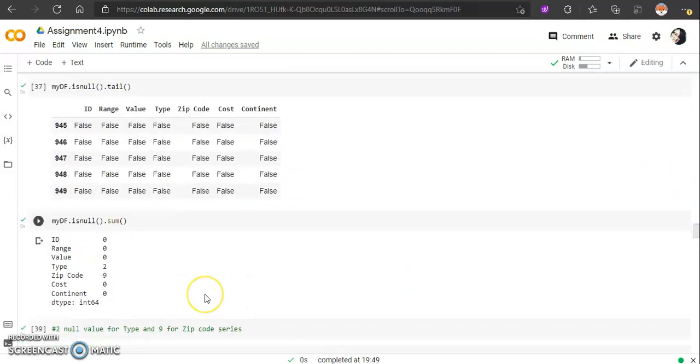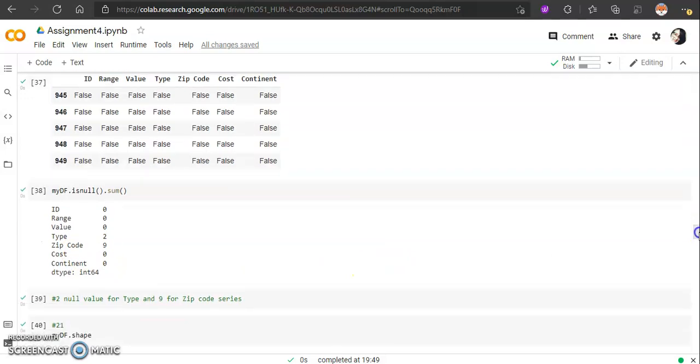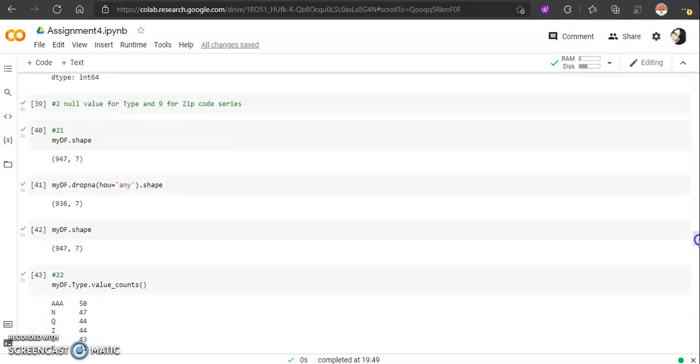For knowing how many missing values we have here for every column, use the sum, and as you can see, for type there are 2 and for zip code 9 missing values, and then